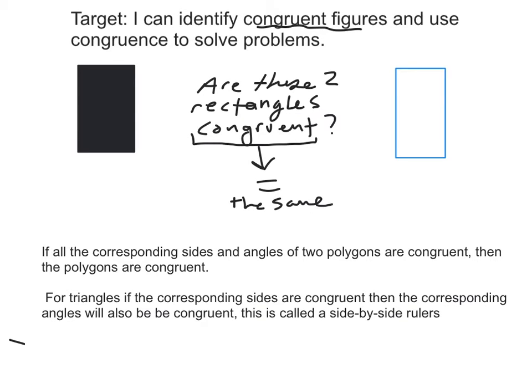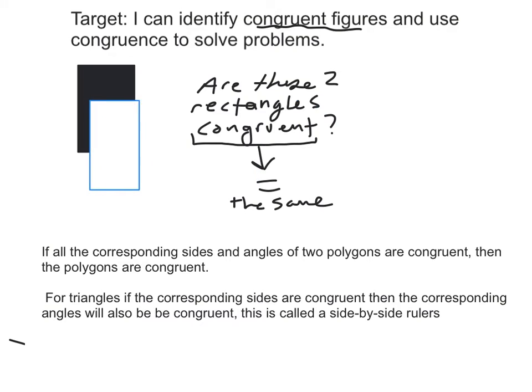So take a look at these two rectangles. At first glance, do you think they look congruent? Well, they have all equal angles. Does that make them congruent? What else would they need? Well, if we put them side by side or next to each other, you can see they're pretty close, but